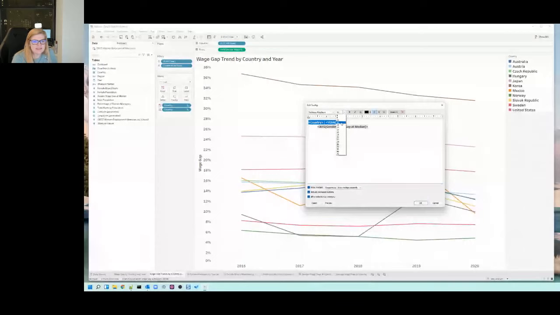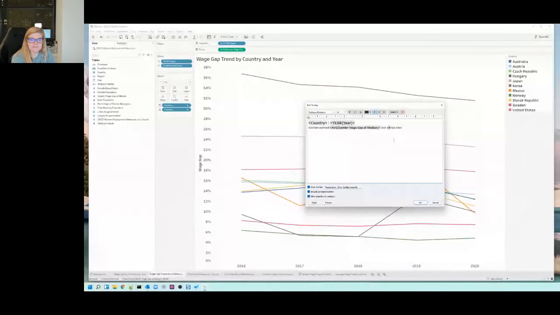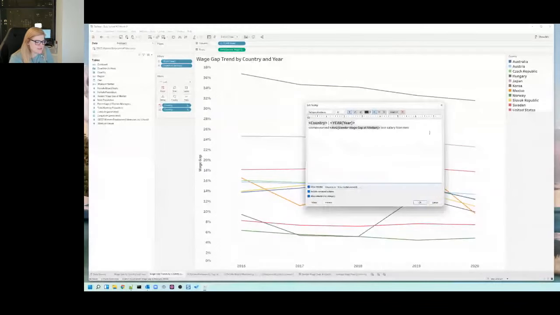So we can say women earned, and then this is our wage gap percentage, less than men. And I like to do, maybe let's make this unbold. And now as we read it, in Korea in 2016, women earned 37% less, maybe we even say salary, money. This is where we start getting to a little bit more precision of language and we talk about what we're communicating along the way. I'm even going to copy this tooltip